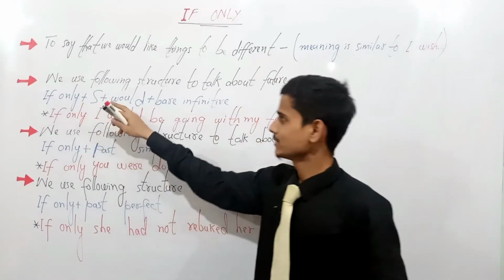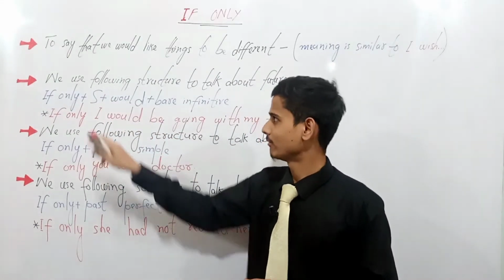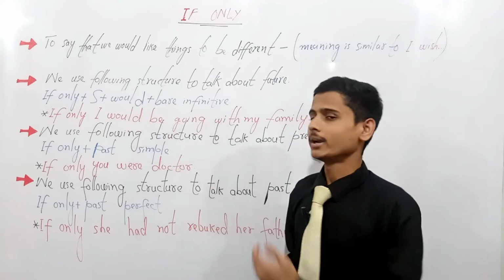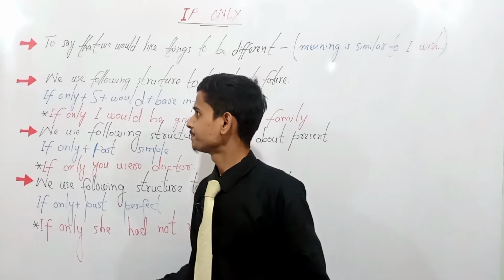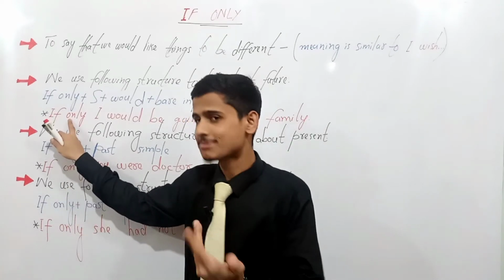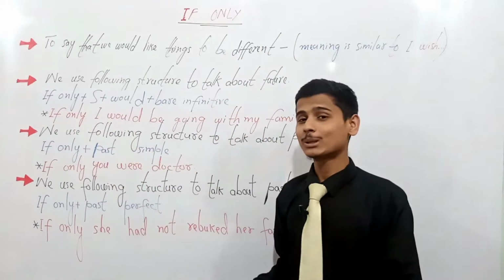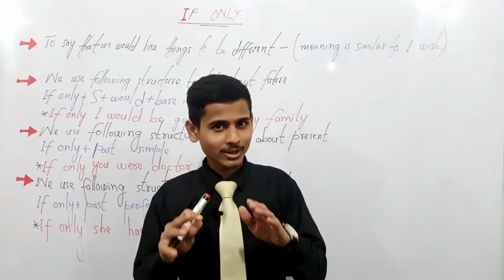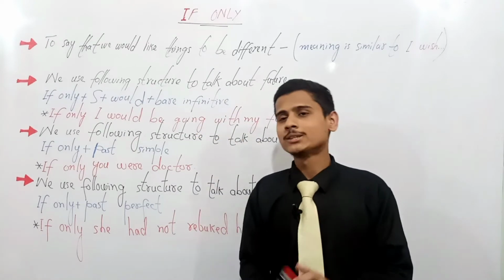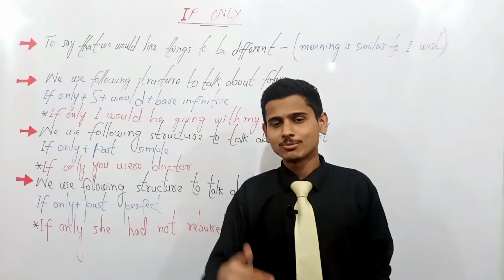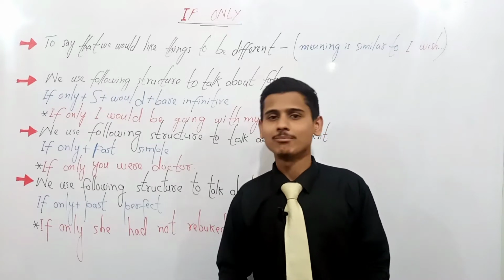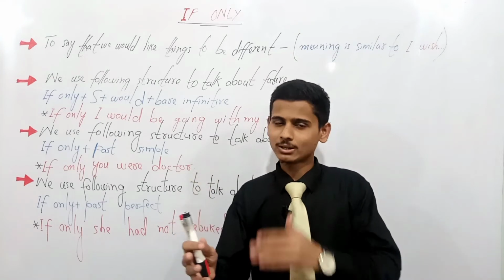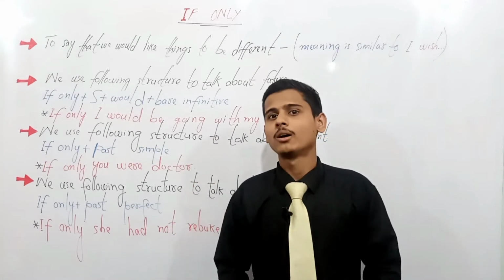Now, "if only" plus subject, I have written the complete structure, by the way: subject plus would plus bare infinitive, and then extra words. Here is the typical example, typical sentence: "If only I would be going with my family." So here, for example, my father has come to me and told me about his plan that tomorrow, the following day, my father together with my family